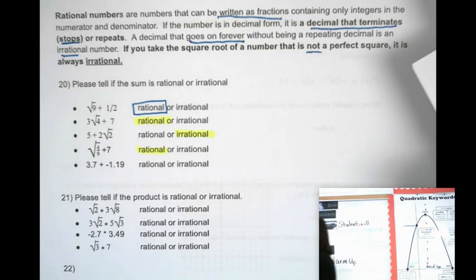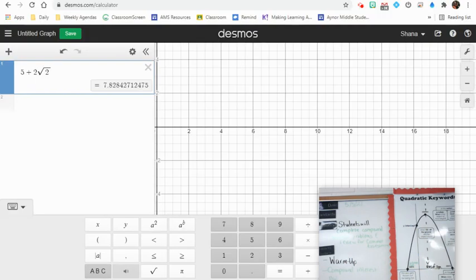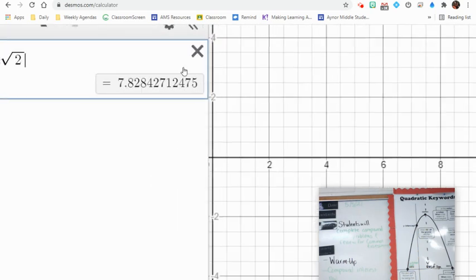Okay, so let's type it into Desmos. I've already typed in the third one into Desmos because I wanted to show you what an irrational one looks like. So 5 plus 2 square roots of 2. Do you see how the decimal stops, but it goes as far as it'll let a decimal go on Desmos? So even though it looks like it stops on here, I want you to know that it really doesn't. The calculator can only hold 9 to 10 digits, so that's why it looks like it stops, but it continues